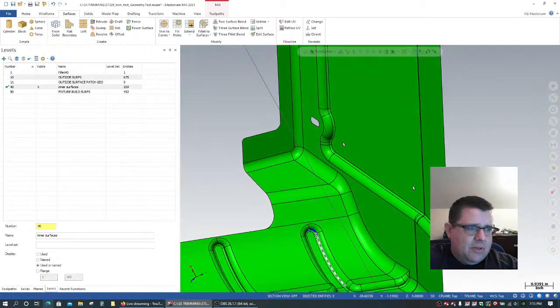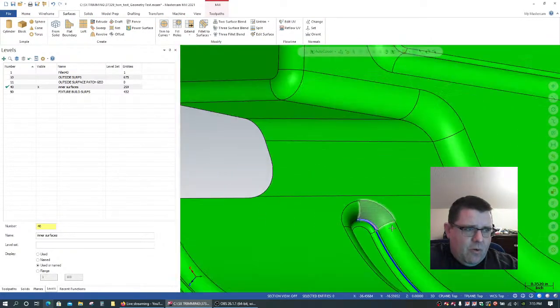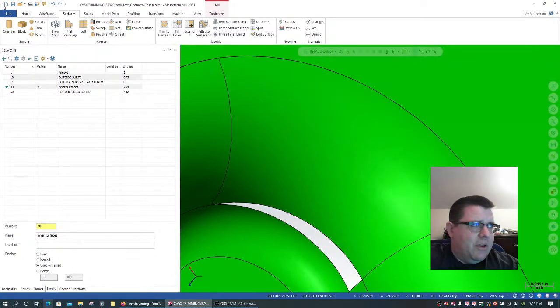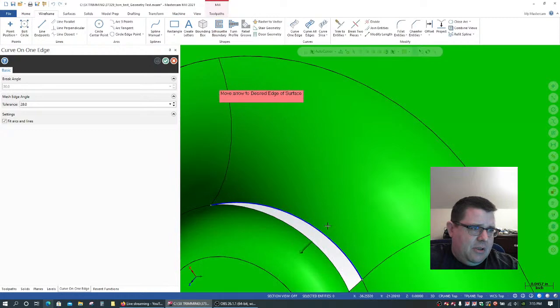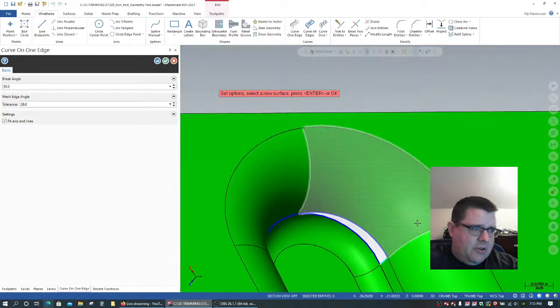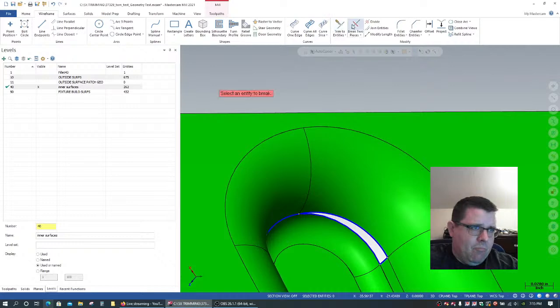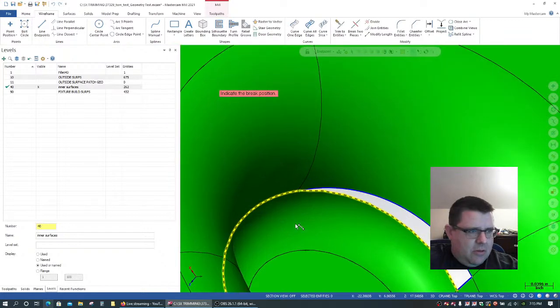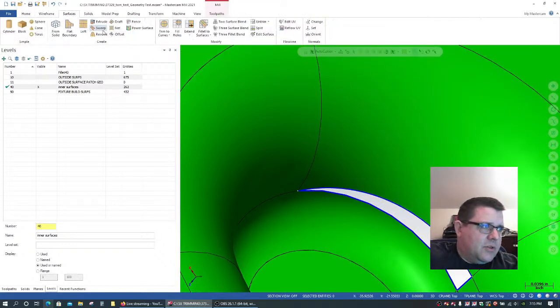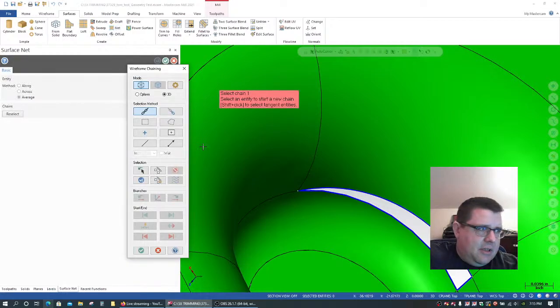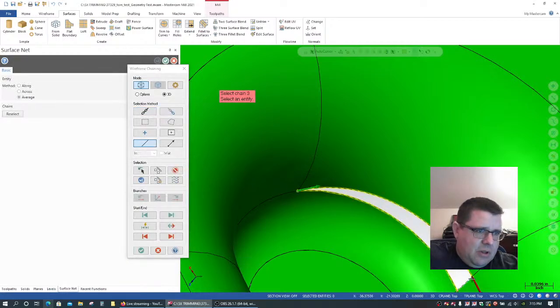So we've rebuilt this surface over here. We know that this one over here is a problem. So let's go ahead and fix that. So one edge, one edge, one edge. We're going to do break two pieces. And we're going to get rid of that piece. And then we're going to do surfaces, net, single chain mode, and